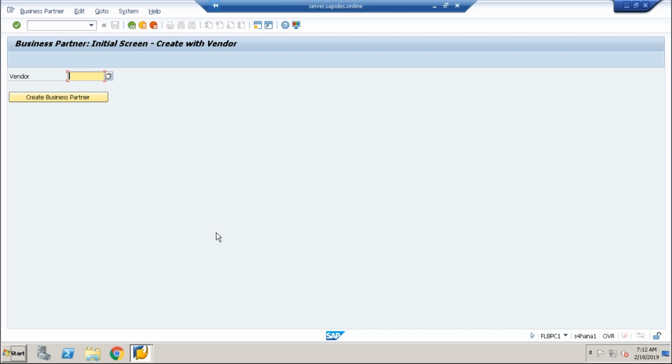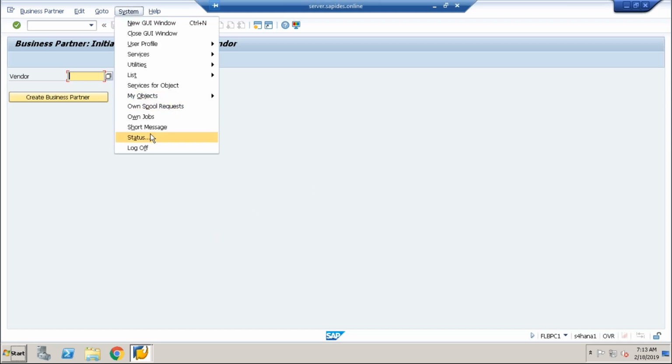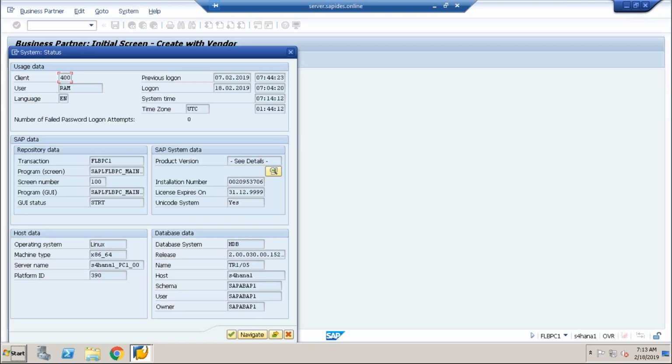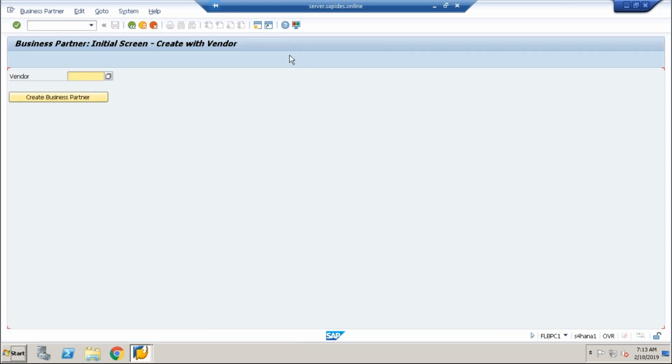Again, there will be a job scheduled to create all the customers to vendors using a specific program, right? But for a specific one-to-one case, you can use this particular transaction, is what I'm saying. Specifically for a new implementation, not for a system conversion process, there's a screen-based or GUI-based program, and you can use this particular transaction when you want to specifically use this particular customer to vendor.